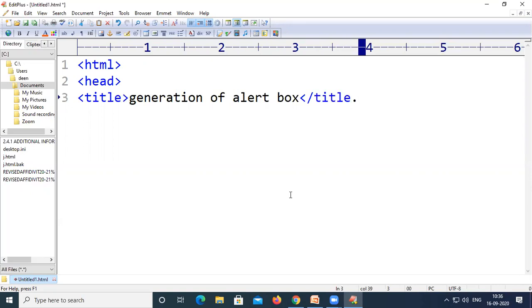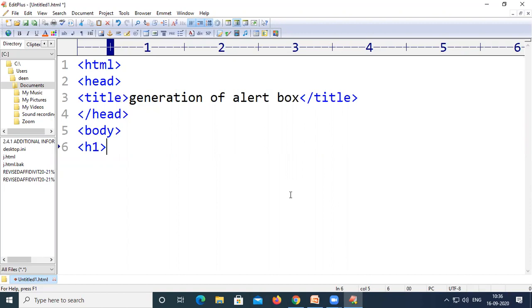And then let us close this head section here, and then open the body section. And inside the body section, if you want to display something on the web page, just use the h1 heading or any heading or paragraph, whatever it may be, depending upon your need.